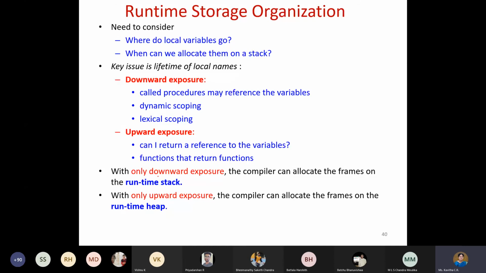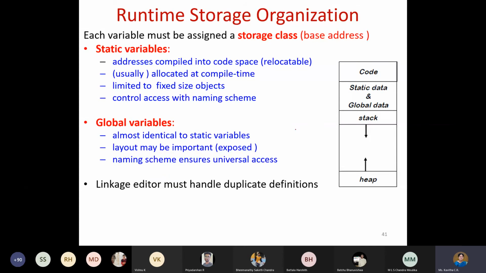Whereas the heap always grows in the upward direction in the runtime environment, and whenever you want to remove something, it is in the reverse direction. That is why I gave this diagram, where the stack grows in this direction, and the heap grows in this direction.